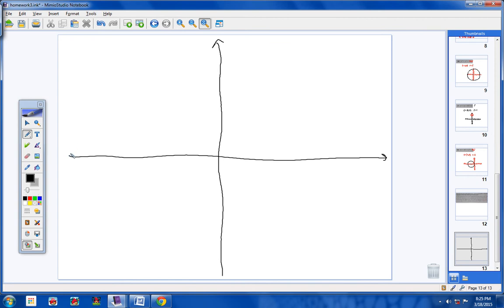I'm going to draw a pretty big coordinate plane so we can get it really good. So we have a lot of space because we're going to do a lot of writing on here, a lot of lines, equations, stuff like that. So let's get a lot of space here so it's not all crammed in there and hard to see things. Now,